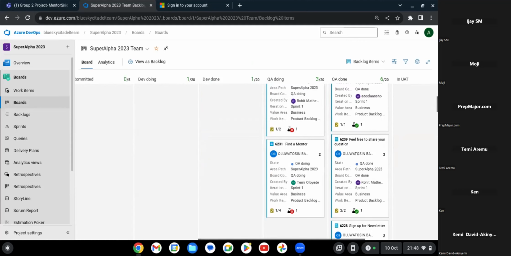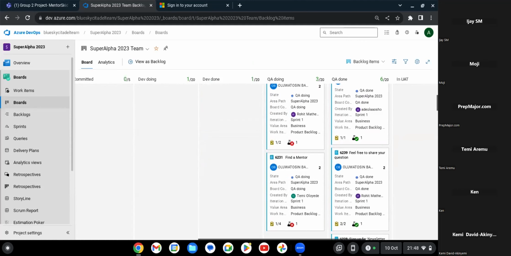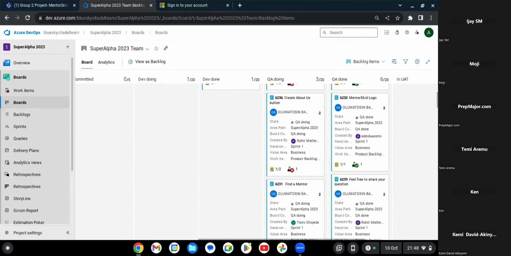Are you telling me it's only one person who worked on it? The QA cannot have done the logo. Do you understand? It has to be the dev. Is it that one of them did not raise a ticket? Click on the 1/1. Because for me, it's a flag. Everything looks good, but that 1/1 is a flag. One person could not have worked on it. One of them did not create their task, either the developer or the tester.